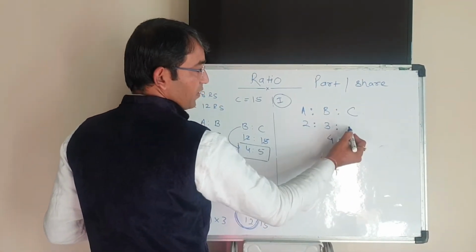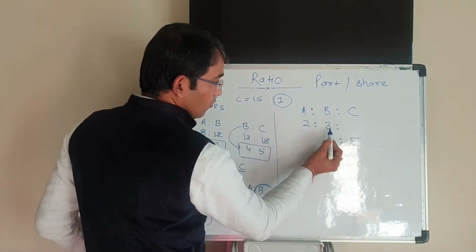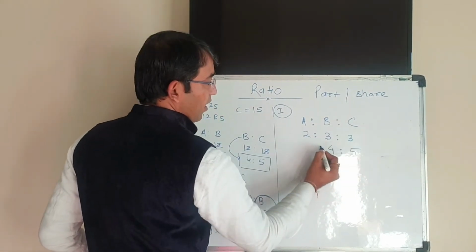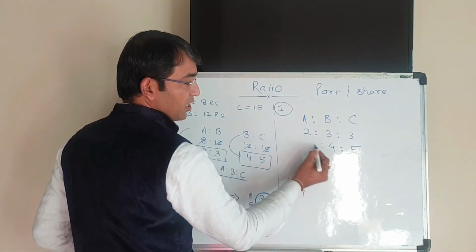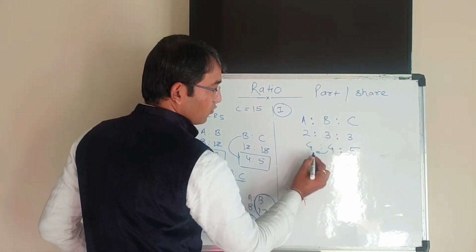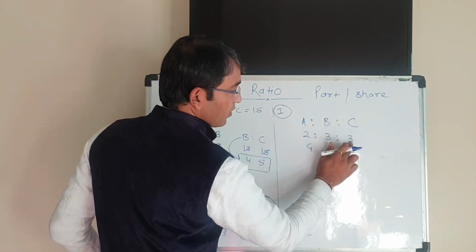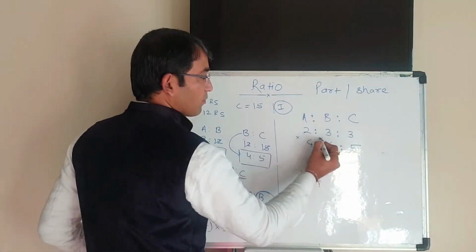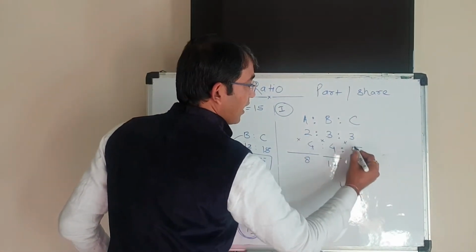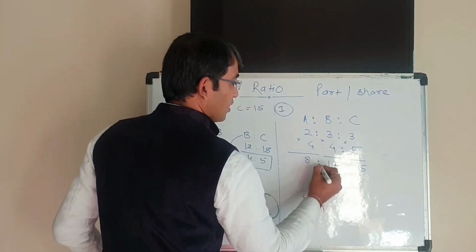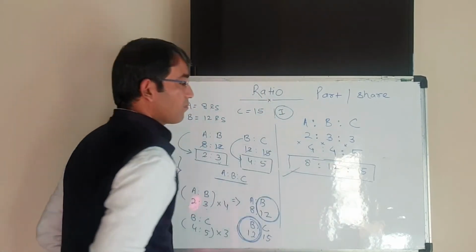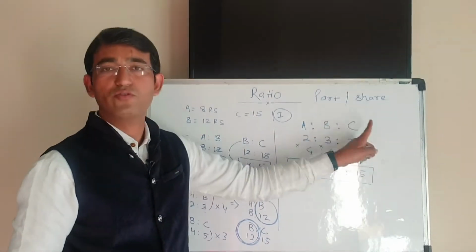Now here C's place is empty, so we have to look at the neighbors. If there is 3, we will write 3 here, and here the neighbor is empty, so here is 4, so we have to write 4 here. Suppose this is 4, so we write 4, and here is 3, so we write 3. Now simply multiply it. So this is 8, this is 12 and this is 15. So the value is 8:12:15. We obtain the value of A ratio B ratio C.